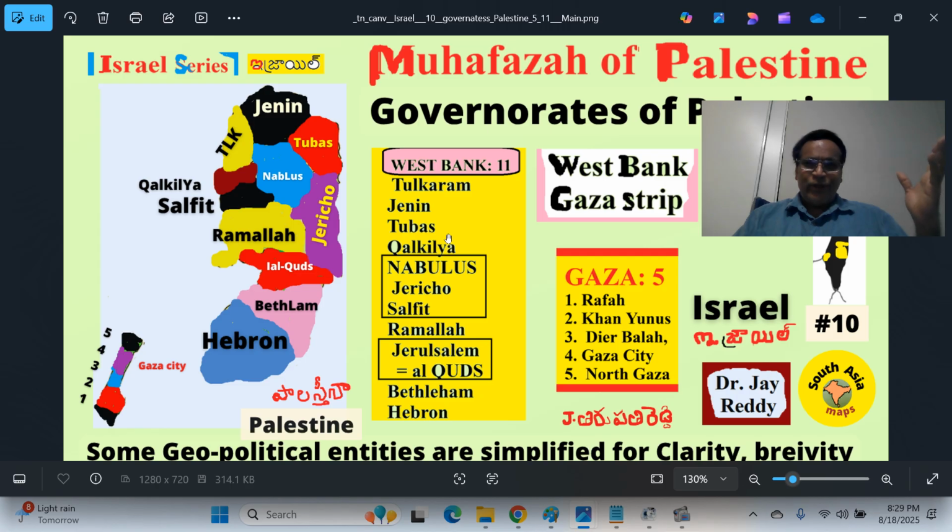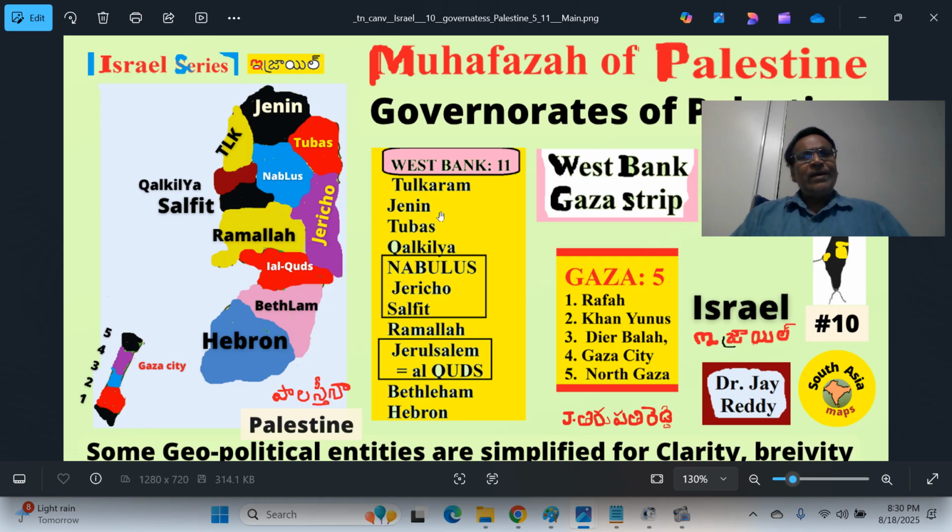During the British post-World War mandatory time, this was called the Palestine region. This was called Trans-Jordan. Later they dropped the word Trans and it became Jordan, ruled by the Hashemite kingdom, a descendant of the Sharif of Mecca, who cooperated with British imperialism during World War One to overthrow Ottoman imperialism in Arabia, that is the Hejaz region.